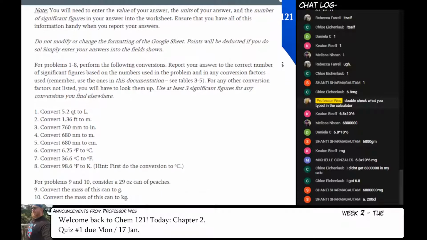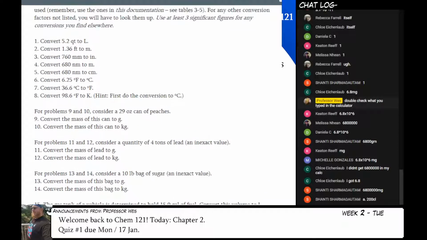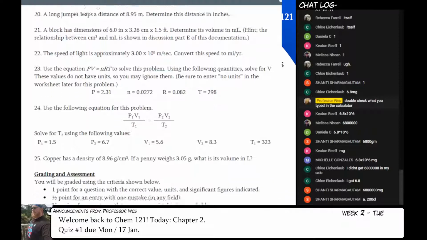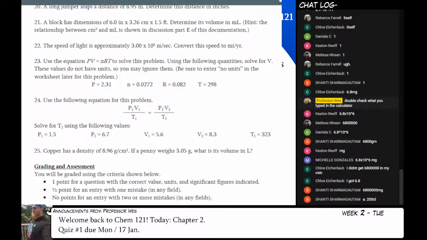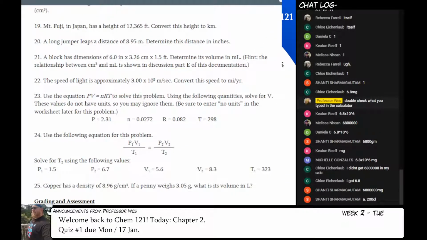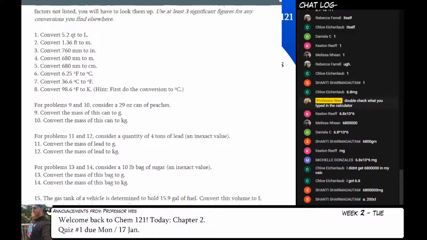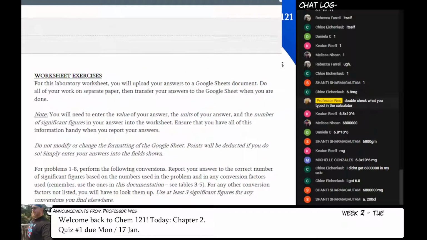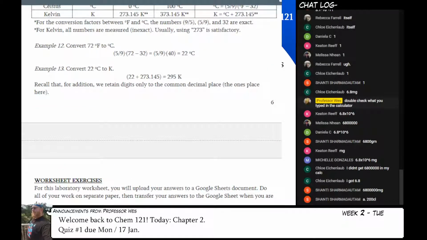Then you're going to get to this thing that says worksheet exercises, and this is what I want you to do. I want you to do these problems all the way up through problem 25. These 25 problems are going to require you to type in answers somewhere. And the place that you type those answers in, if you go to the modules tab again,